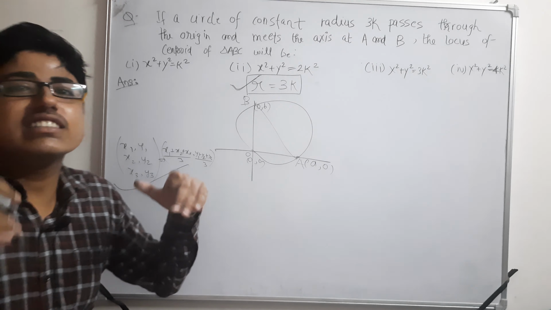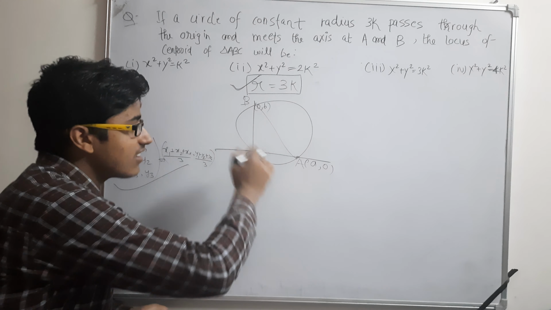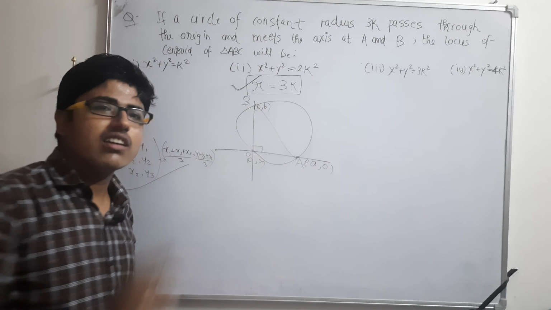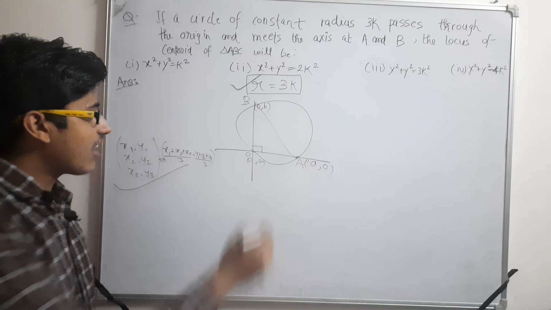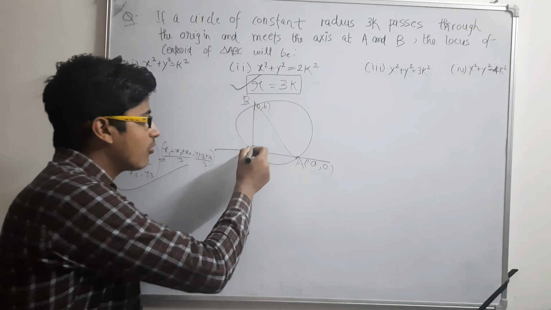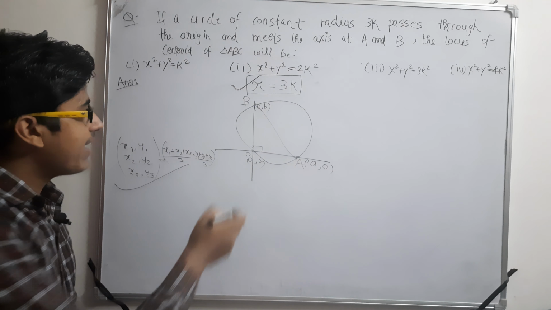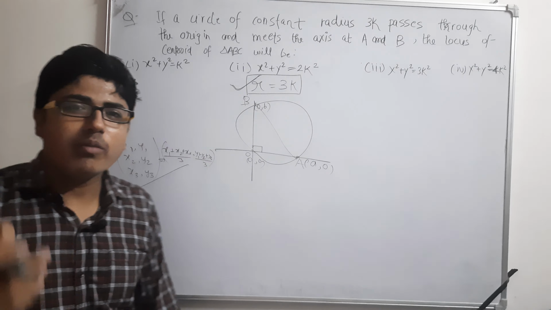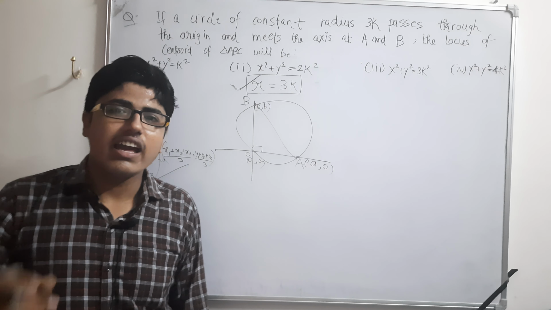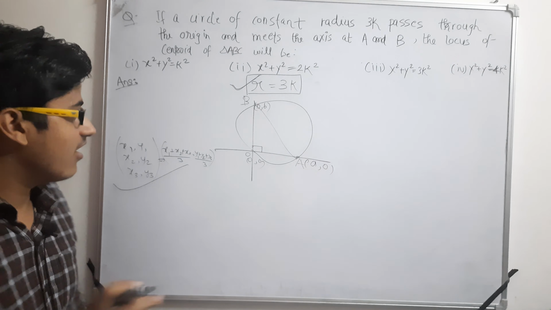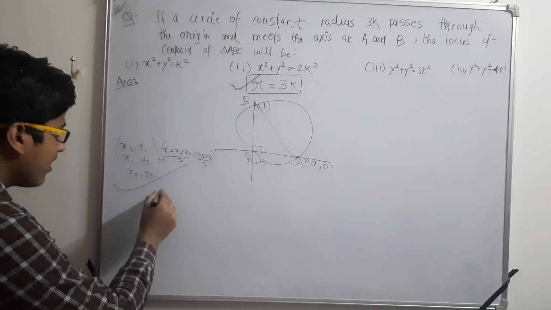How will we relate these two things, this triangle and this circle? Now, we can see that this is 90 degrees. Of course, in simple Cartesian coordinates, the angle between the x-axis and y-axis is always 90. So this is the triangle. You must have read a property that the angle in a semicircle is always 90 degrees. Let me recall that property.